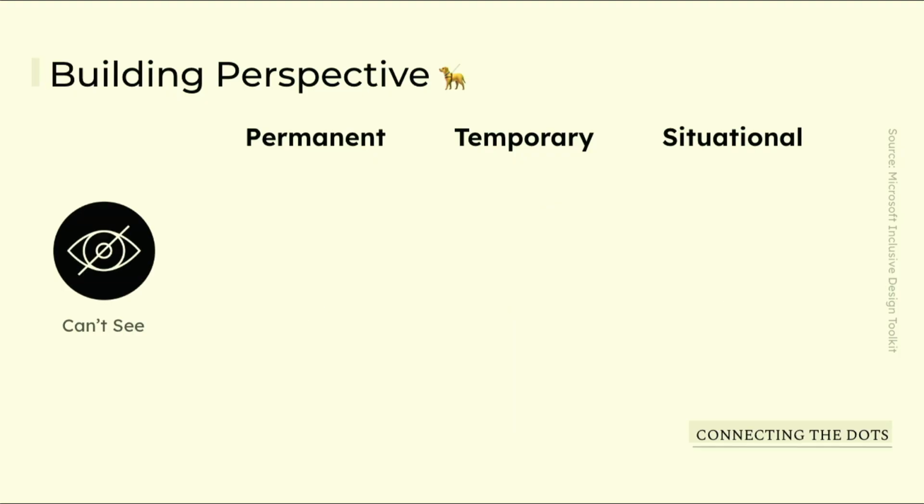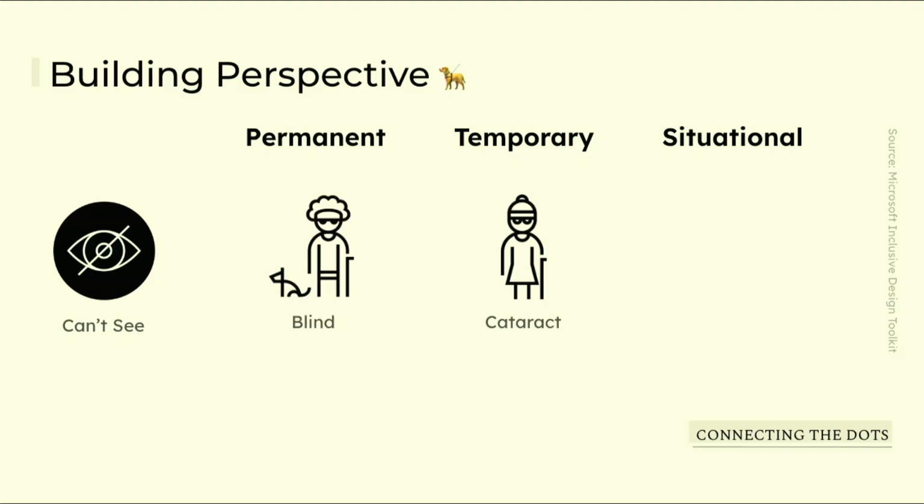And a similar concept can be extended to individuals who, for instance, cannot see. We often ignore someone who might be recovering from cataract, or someone who might simply be stepping out in the sun. As some of you might have experienced, in the sun, it's difficult to see your phone, right? So, if your website is not accessible enough, it's difficult to use your website.